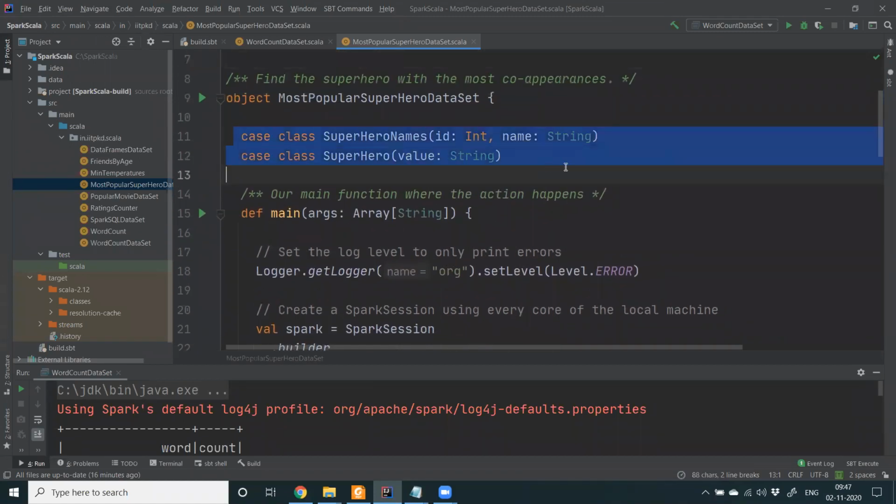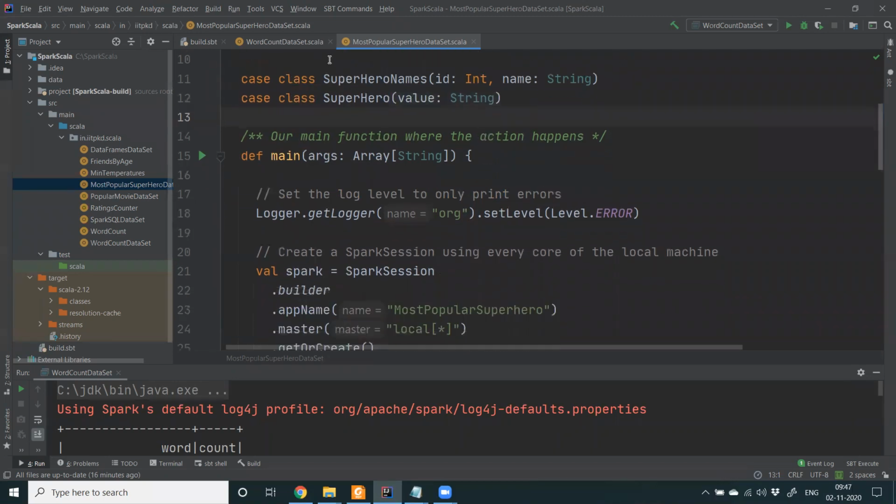First, we are creating two case classes inside this object: SuperHeroNames for the ID and name file, where we are creating the names of these superheroes according to their IDs. And for the other case class, since we don't have a particular schema, we need to read through lines, and each line will be read as a value column. That's why we have created these two case classes.